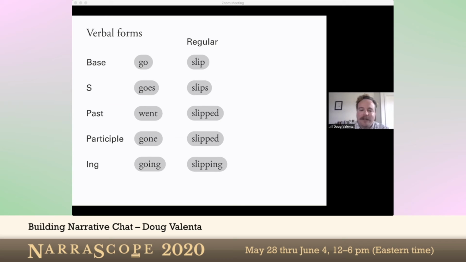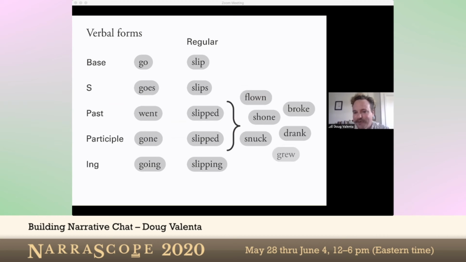And so I spent a lot of time worrying about irregular verbs. And there are a lot of irregular verbs in English. One thing to know about irregular verbs in English is, first of all, they're all irregular in this past and participle form. And irregular verbs in English are all very old. They are from before we started having regular verbs. When we add new verbs to English, they are always regular. And over time, the irregular verbs are becoming regular. And we can see this happen all the time with different verbs over time, right?